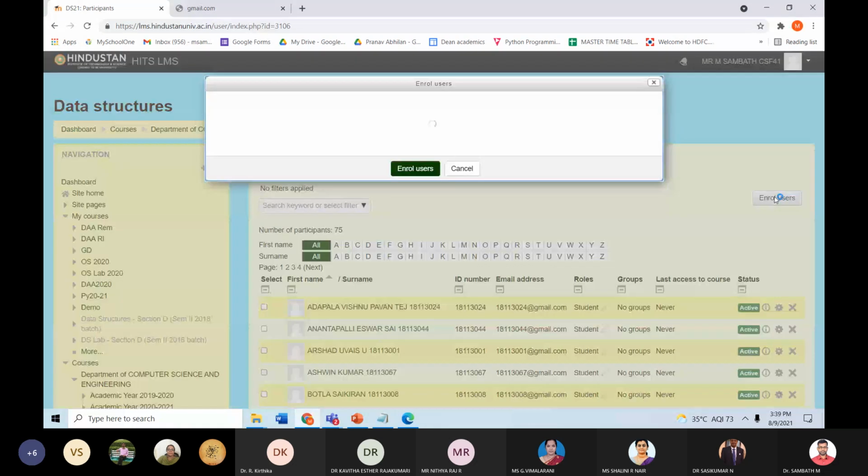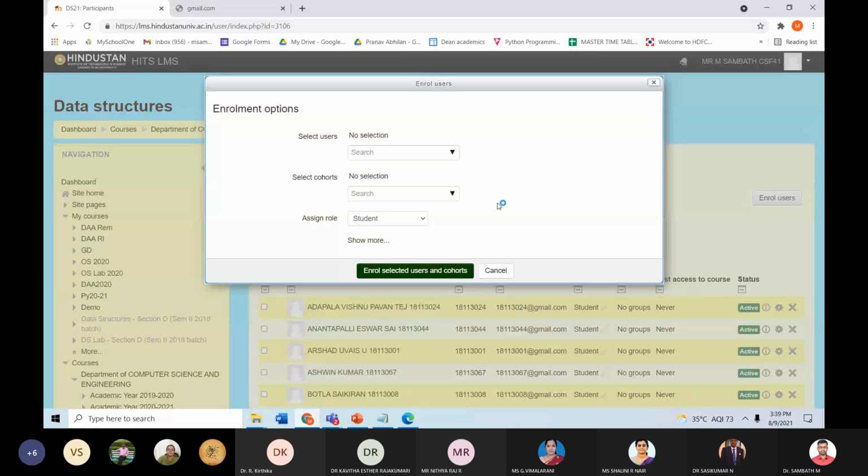Just click enroll. For example, if they are in the second year, I think they belong to the 2020 batch, right? So if you type 2020 CSC, see, nothing has come. These all belong to some other PhD related exams. 2020 CSC A, this section will come, so it's not yet created now. So you just collect the data and send it to me. I'll give you the format in which you have to collect. Then you can send it to me, then you will get the details back.